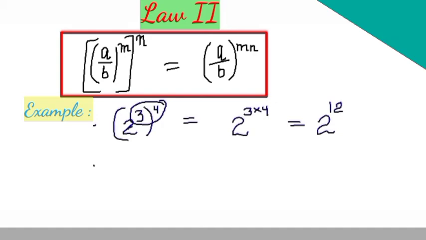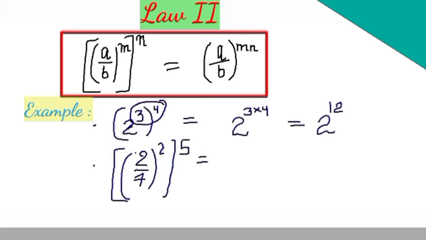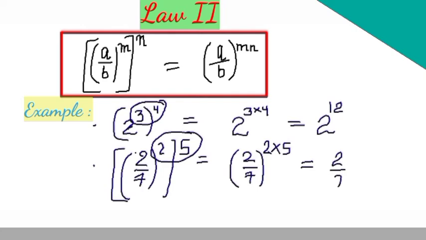Next one, if we have 2 upon 7, its power is 2 and its whole power is 5. In this case, write base once and we will multiply these powers. 2 multiply 5. So it will be equals to 2 upon 7 raised to the power 5 2s are 10,